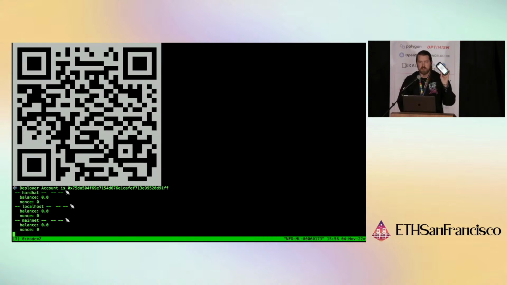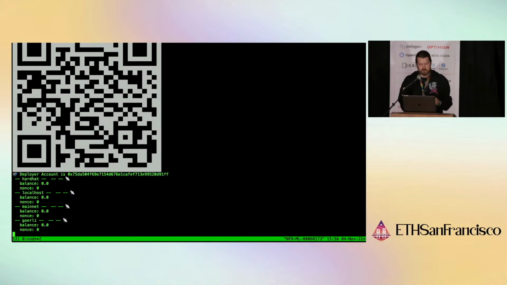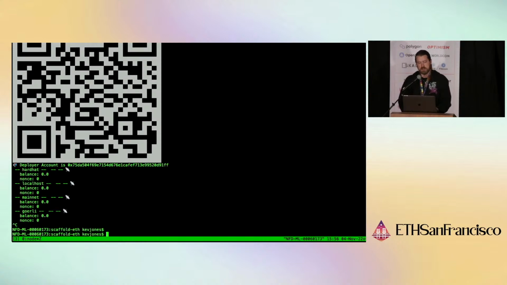And I just have this preloaded with some testnet ether. I also have some Polygon Mumbai stuff on here as well. And so now I have access to that, and I could send some ether to it, right? And then I have a deployer account that is generated, and I'm able to deploy my account. And then if you want to deploy, I could deploy this right now to,